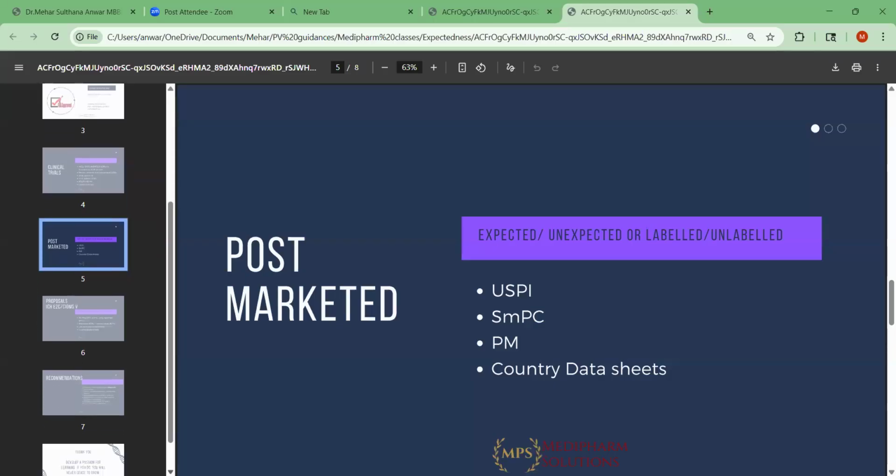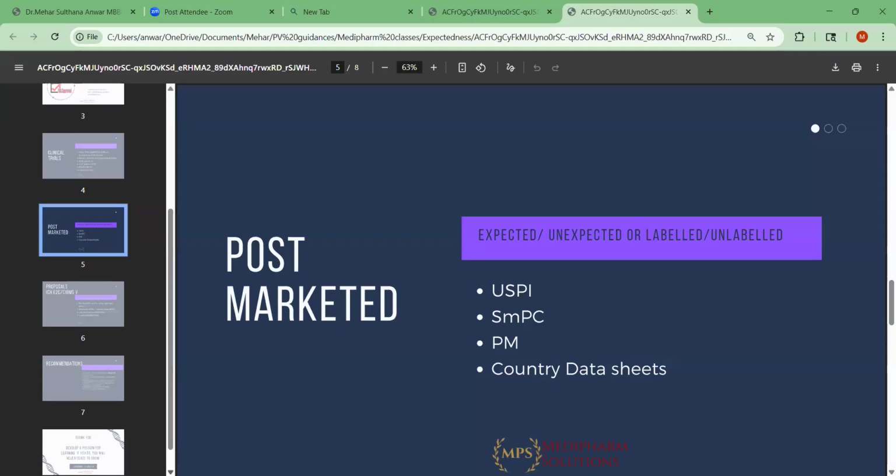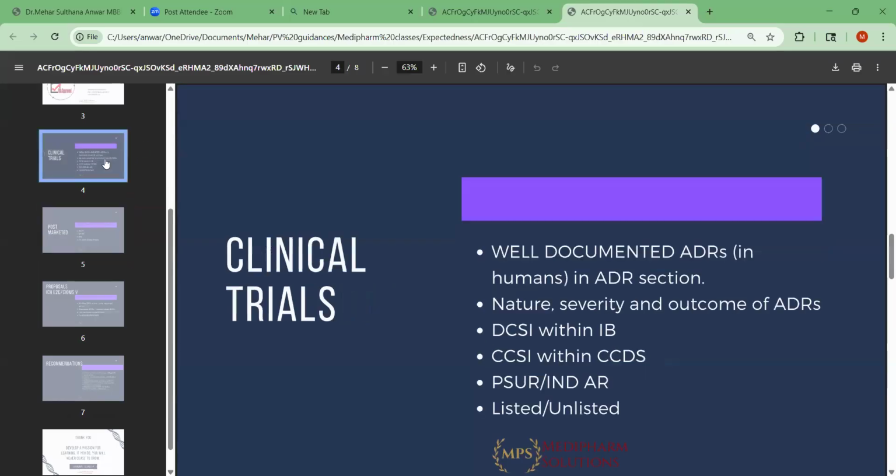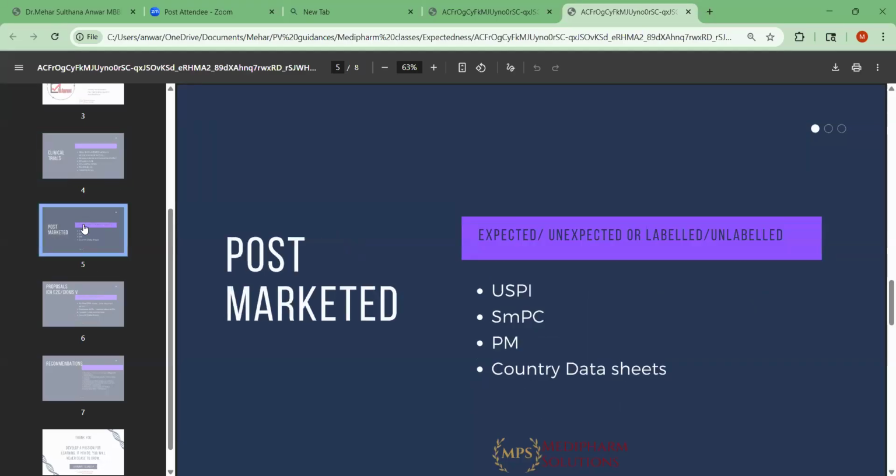Also, you should know another terminology. I have been using the terminology of expectedness so far. When you are assessing expectedness for a clinical trial, you use the terminology expected or unexpected. If the adverse event is present in the safety section of the IB, you call it an expected adverse event. If the adverse event is not present in the safety section of the IB, you call it unexpected. Okay, when you're working for a post-marketed drug, we usually